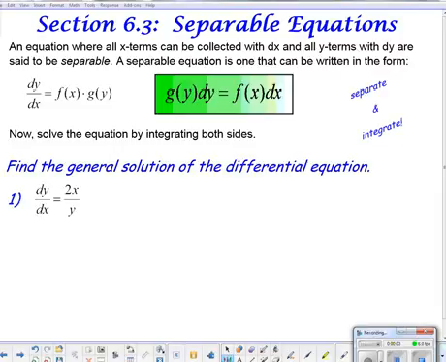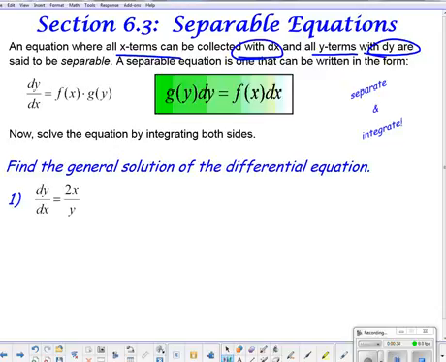Welcome to section 6.3, separable differential equations. What is a separable equation? Well, that's an equation where all x terms can be collected on the same side with the differential x, and all our y terms are matched up on the side with the differential y. That's said to be separable when we get it into that state where x's are on one side, y's are on the other. A separable equation is one that can be written in the form